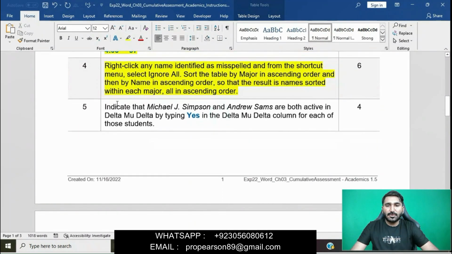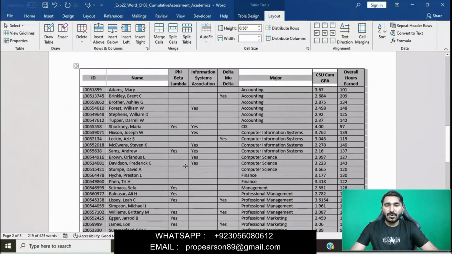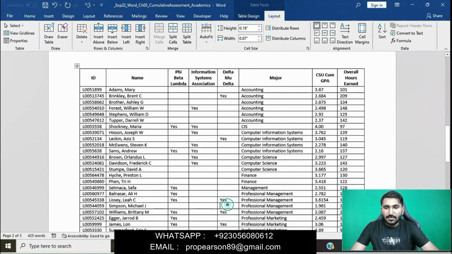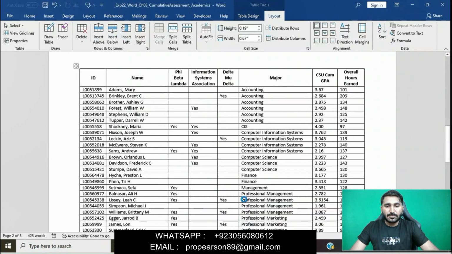Now moving on to the next question. Include that Mitchell J. Simpson and Andrew Sams are both active in Delta Mu Delta by typing Yes in the Delta Mu Delta column for each of those students.